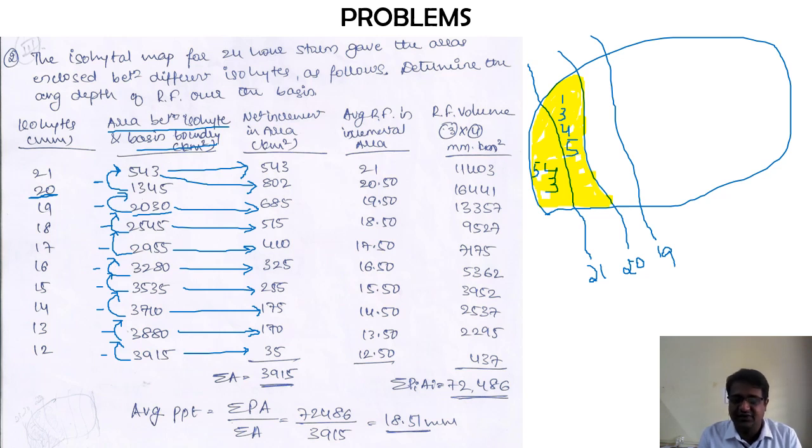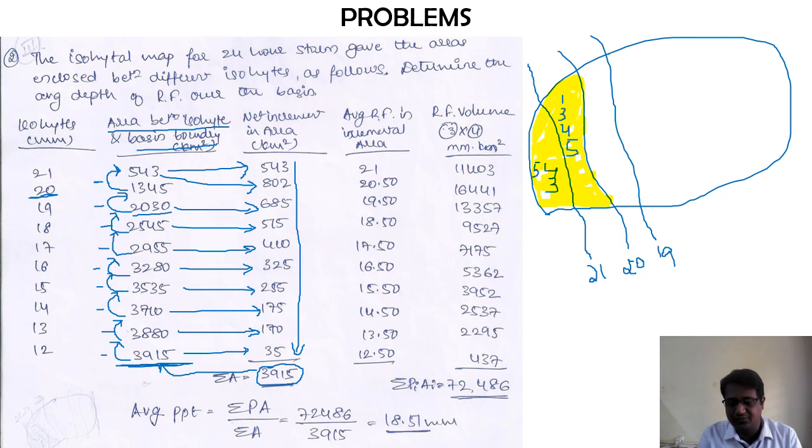Now, to cross-check whether your calculations are correct or not, you can add up all these values. Once you add them up, you will end up with a particular value. This summation should be equal to the last value in the table, because the second column was already the cumulative value for the area.